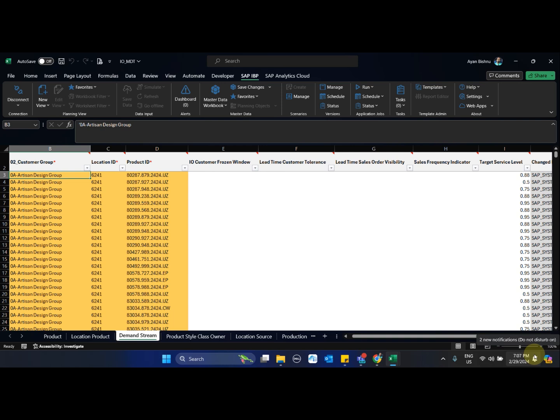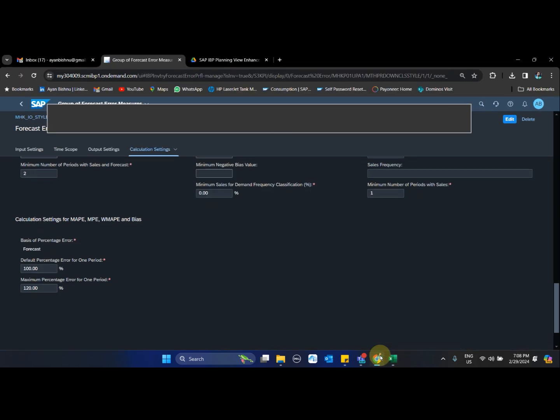For lead time covariance, there is a complicated logic which we built, but as of 2004, IBP has introduced a functionality called lead time variability, through which we can introduce certain key figures from where it will extract the historical transportation lead time using the standard extractor, and based on that it will generate the lead time error CV as well as the production error CV, and we can use those error CV into the respective location source and production source of supply. So before I go there, I will give you a glimpse of how it works.